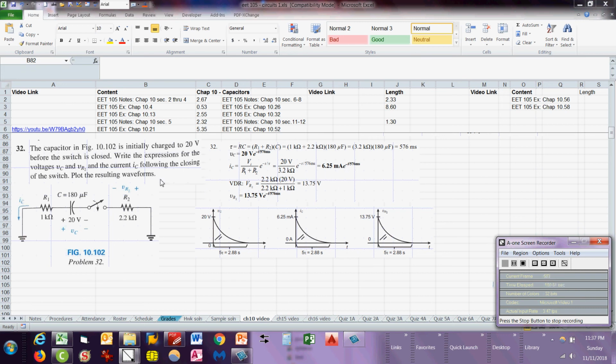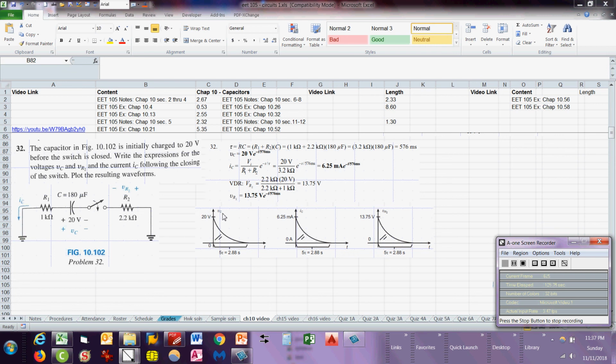And then to figure out VR2, you need to do a voltage divider. So that's 2.2K times 20 all over 2.2K plus 1K. It's 13.75. And then you put that in as the voltage times e to the minus t divided by 576